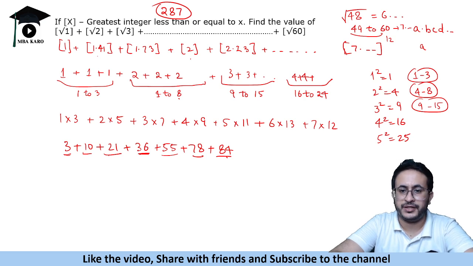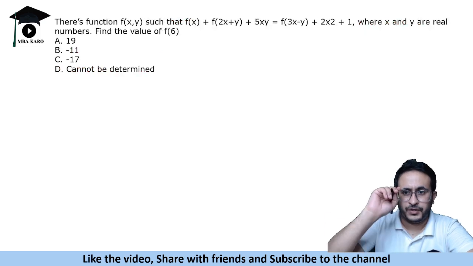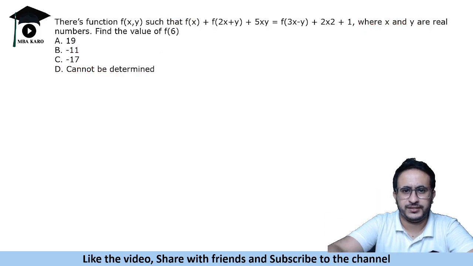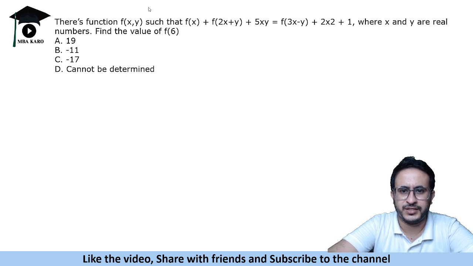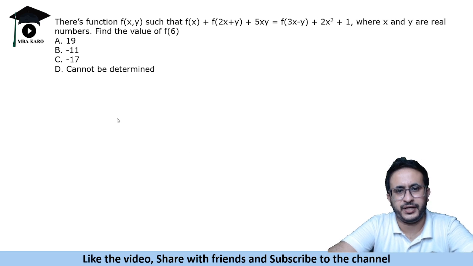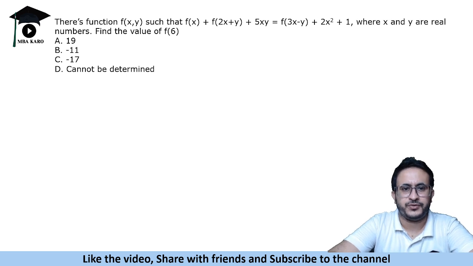So a question on greatest integer function. Now this is a tricky question, and I'm sure that many of you would struggle to solve it. It shows a function. If you are solving it on your own, try to solve it first and then look at the solution. It says that f(x) is equal to f(2x + y), and